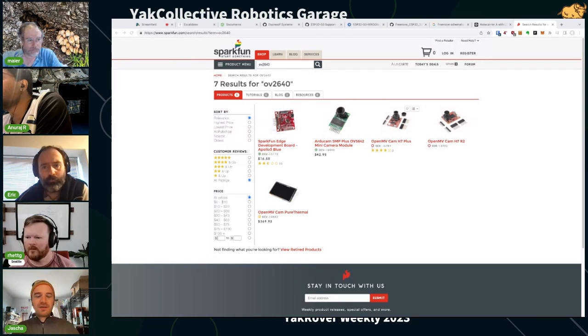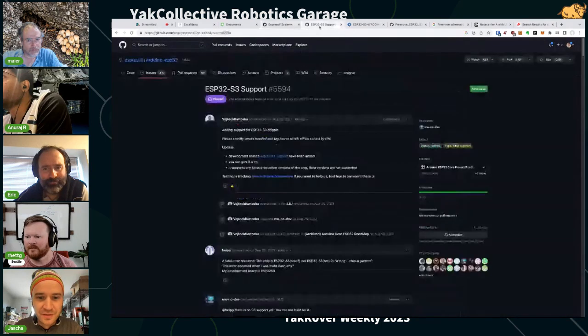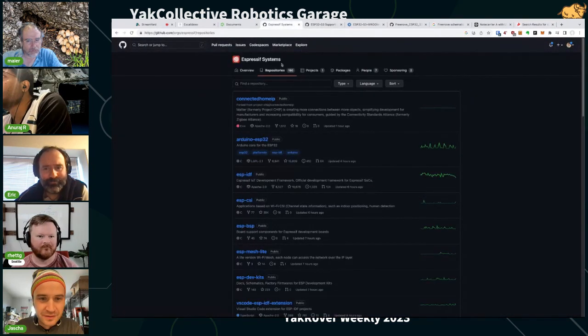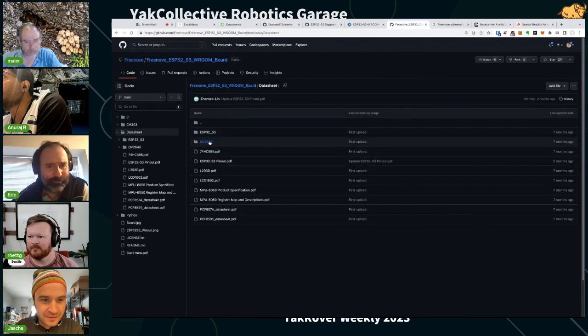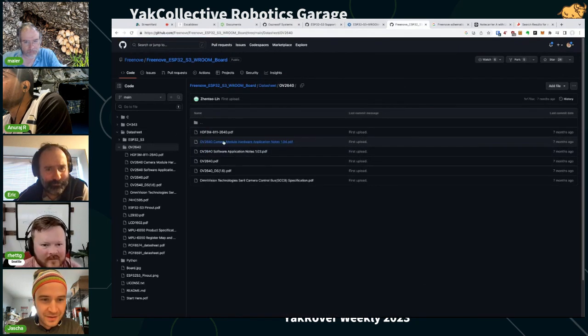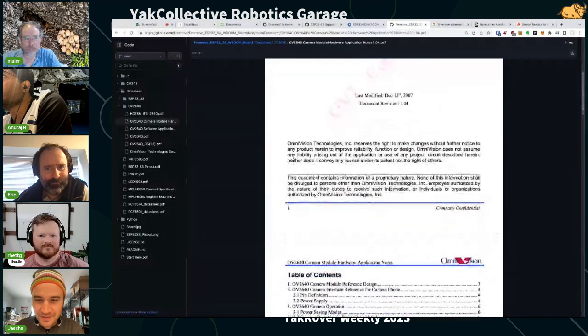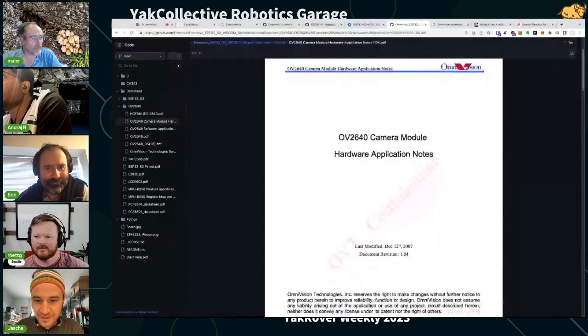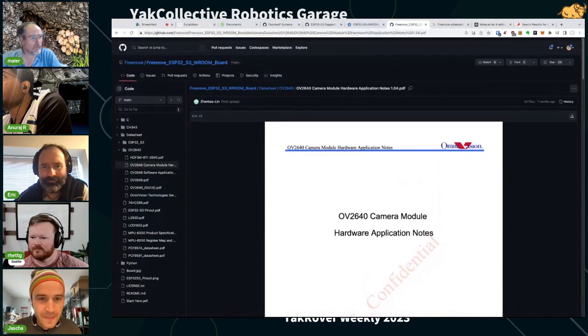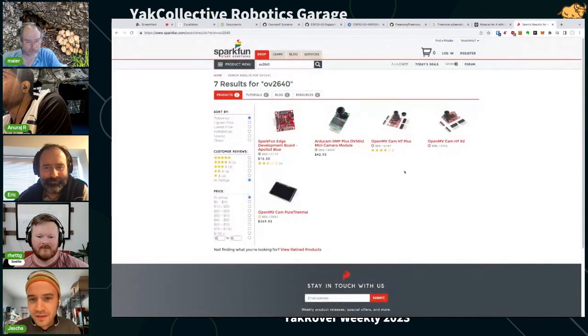It's also funny. They have on their Git repo a data sheet that says confidential. Usually you're not supposed to share these. Oh, you didn't see the screen share. If you look at the data sheet, it's confidential. Not supposed to have this, but maybe it's so long ago they don't care anymore. It's interesting, I don't know why she doesn't sell